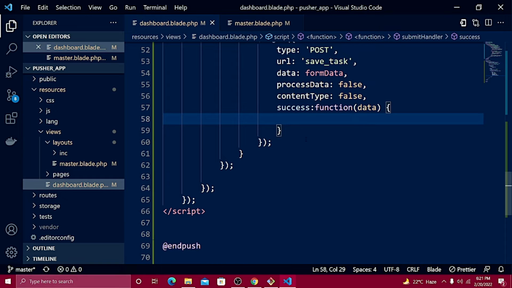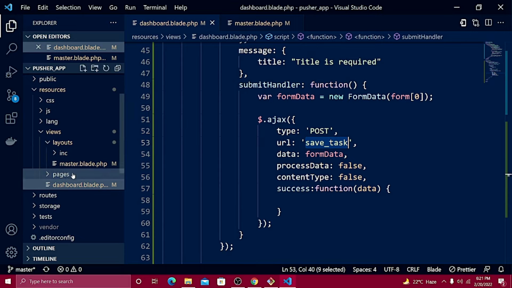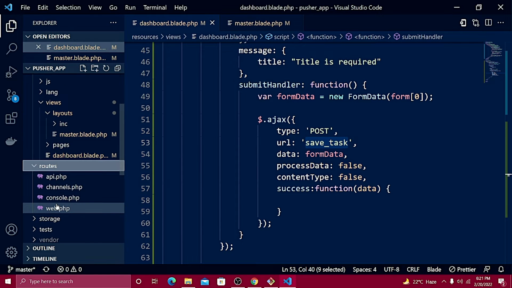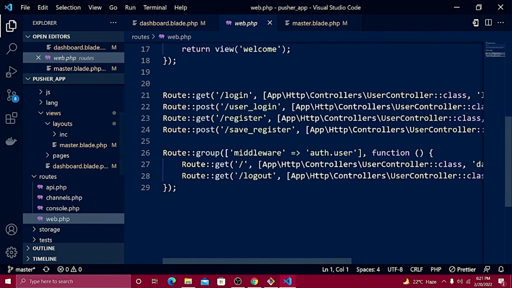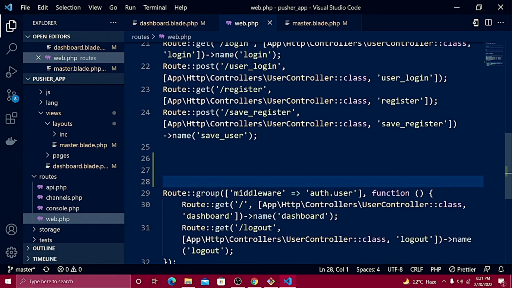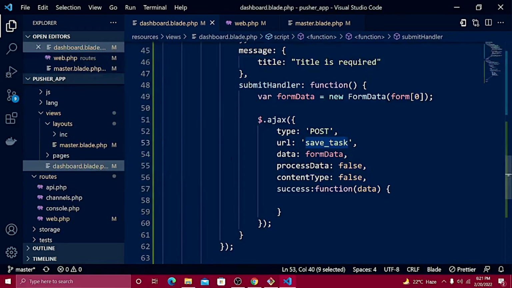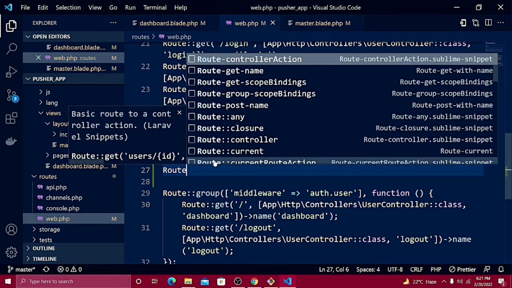So now the next thing that I'm going to do is first create the URL for the save_task. So I'm going to go to my routes, right inside the web.php. I'm going to go underneath that. These are all the routes which are already defined, nothing else. It's going to be a bit confusing. Okay, it's save_task. So let's create here a route